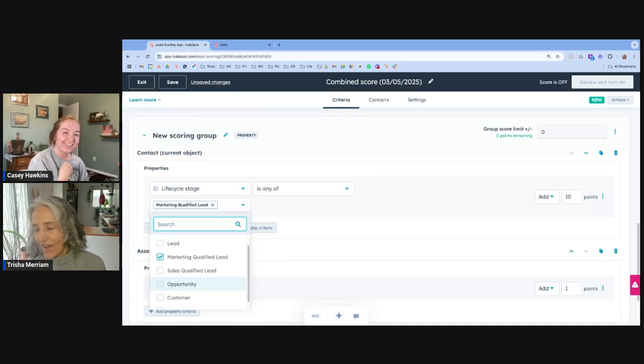That's my philosophy on it. I like that, except if the opportunity lost date is like 2 years ago, because there's a really good chance that the person who was part of that deal isn't even at the company anymore. That's true, and that's true really even of an MQL. So if they became an MQL 5 years ago, do you treat that as a net new MQL or do you treat that as a